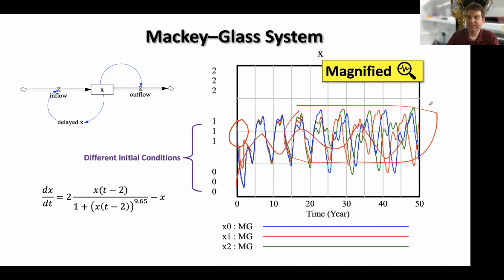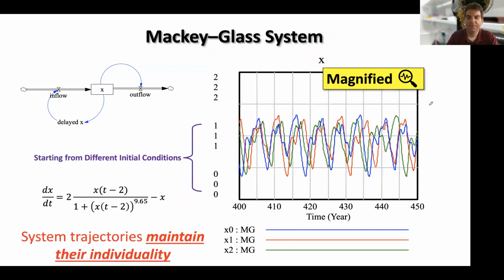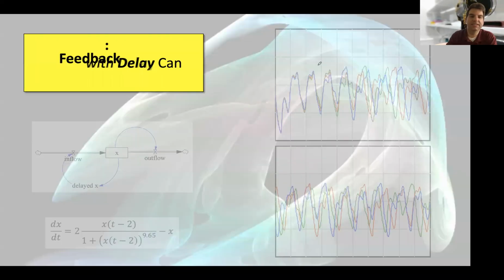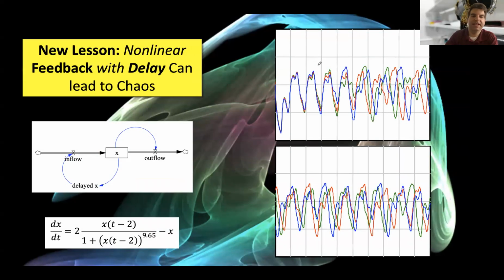So in some ways, it's a similar story that we had, but at least before, these oscillations ended up landing in roughly the same place, or they would at least have the same shape as you went forward in time. So what we're seeing here is that when you add these nonlinear feedbacks, so these ugly expressions like this, on top of delay, which we knew was already kind of problematic, then we get this phenomenon